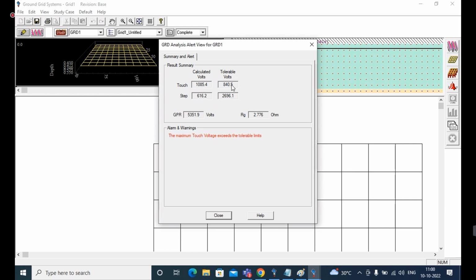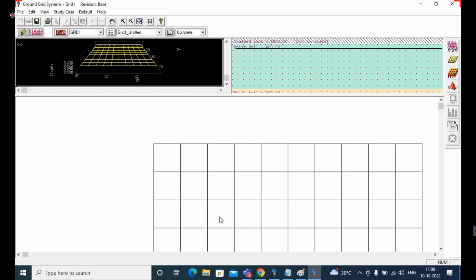We need to get the values within the tolerable values. I already provided conductors of mat type, but I am still getting the touch voltage above the tolerable limit. So that is the reason I am going to use rods in that same design.